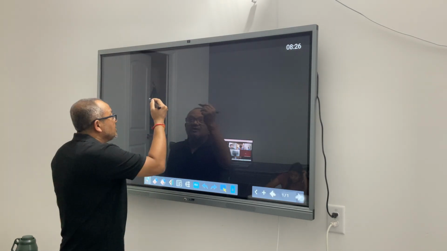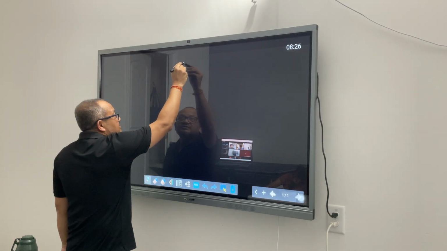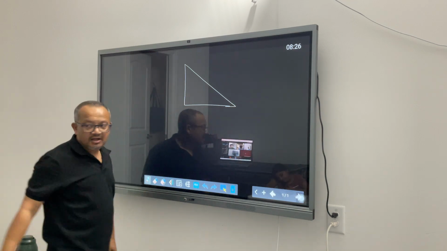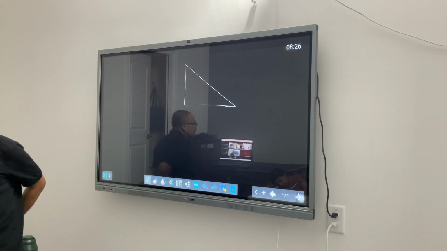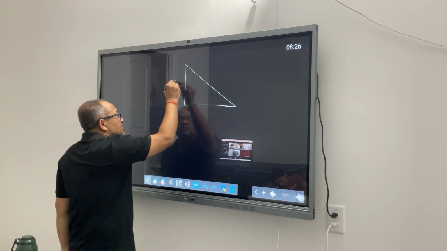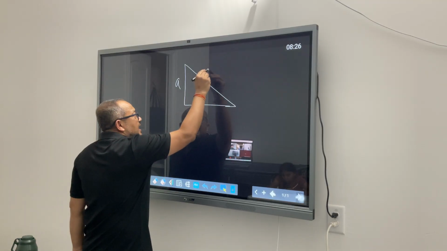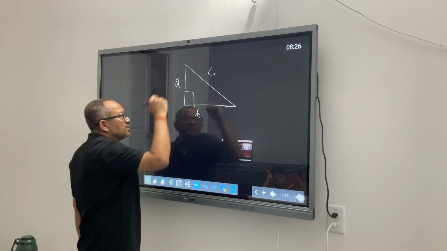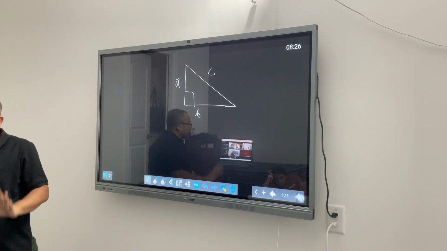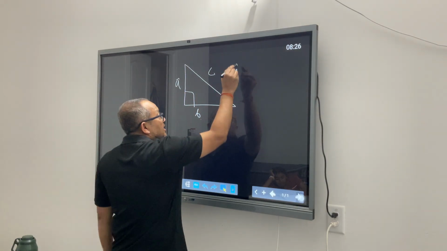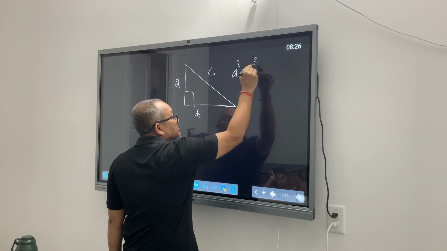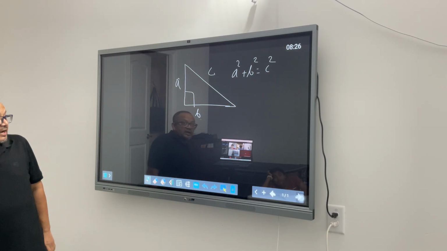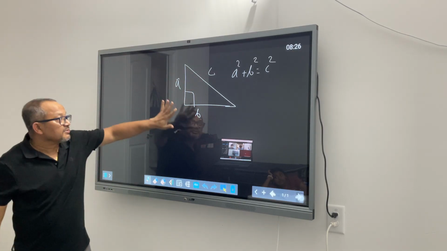So, what is law of sine actually? Now let's start from the beginning. If I have a right angle triangle, our starting point was the Pythagorean theorem. If I have two sides known to me in a right angle triangle, then I can find out the length of the hypotenuse using Pythagorean theorem. It says a square plus b square equal to c square. So this was only depicting the relationship between the sides.